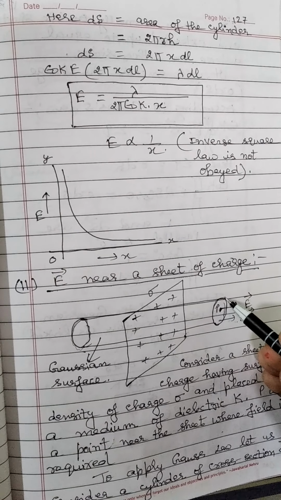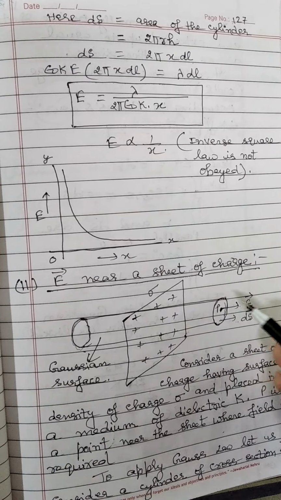So considering the Gaussian surface in the form of this cylinder, and this is the Gaussian surface which we have considered, remember it, only the flux will be linked with the cross sectional area. In physics, cross sectional area means, whatever may be the shape we are obtaining, the corner area here is circular, here also it is circular, so this is ds and this is ds. Flux will be linked only in these two surfaces, that is the ds here and ds here, so if you add them, it is 2ds.